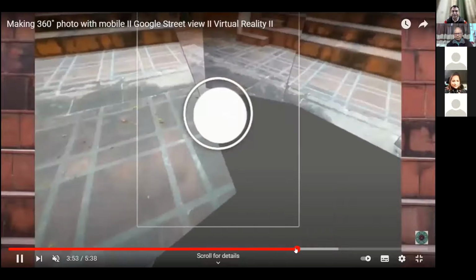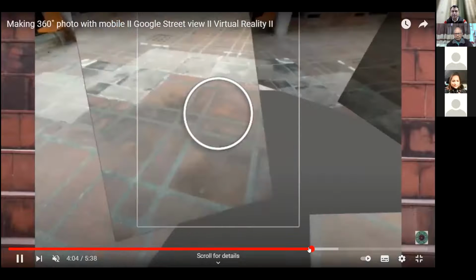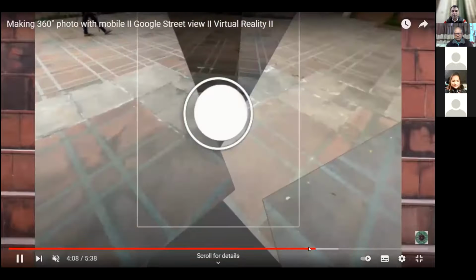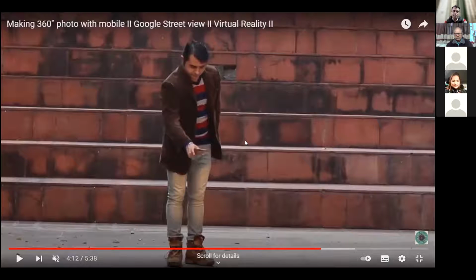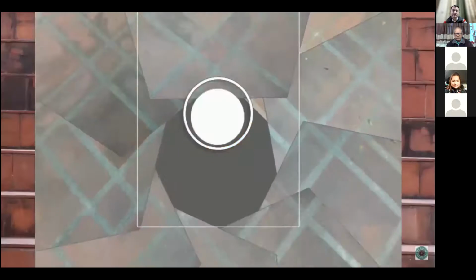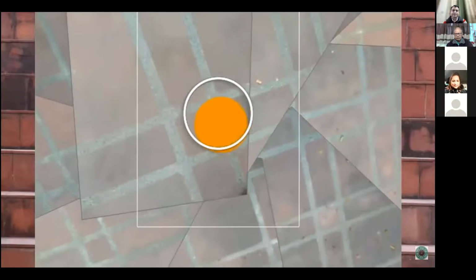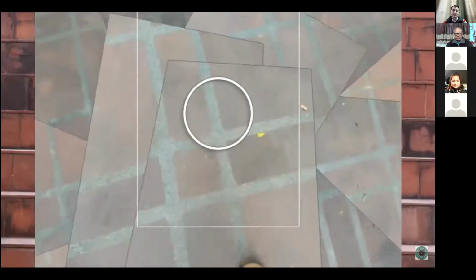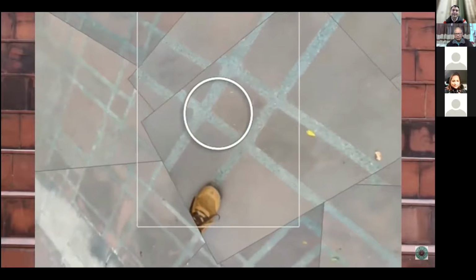Once you finish it, you have a few dots that are remaining under your feet. Now you need to move your feet, and if anyway your shoes are captured, its AI is very powerful. It can delete them. I deliberately put my one shoe, so you can see that it will be removed in the final version. Here you can see my one foot was there. So when you complete this process,